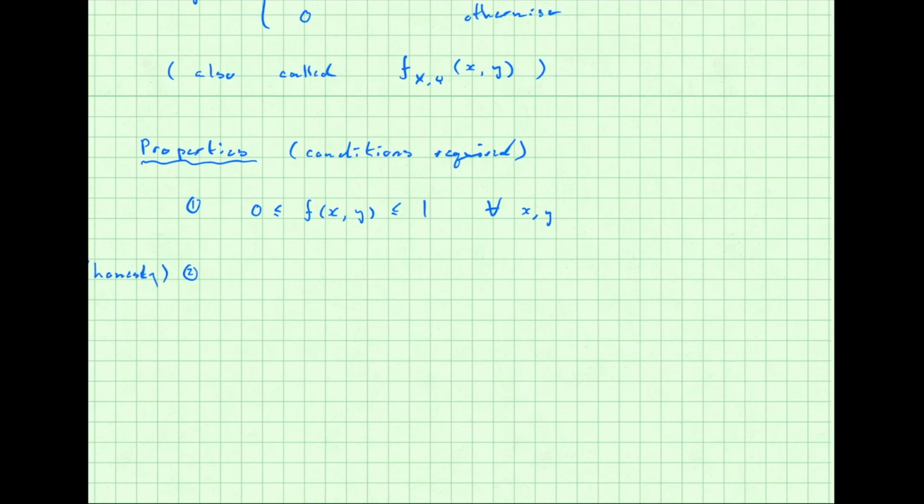All right, and the second one is going to be called honesty. This one just says that if you sum up all the different non-zero values of f, they had better sum up to 1. And so we're going to write that in the following way. It's sort of a sloppy notation. We're going to write the sum over x, sum over y, and then f of x, y